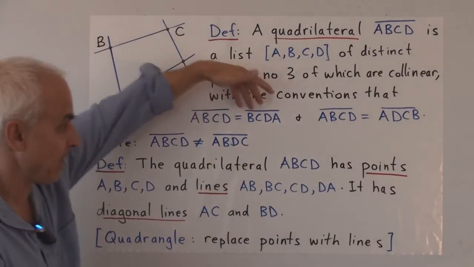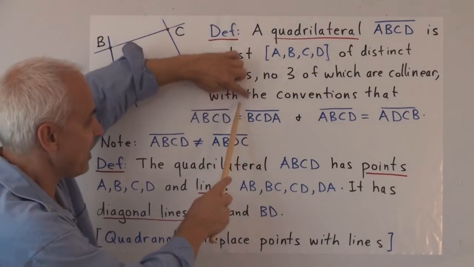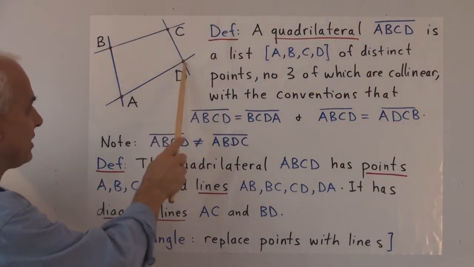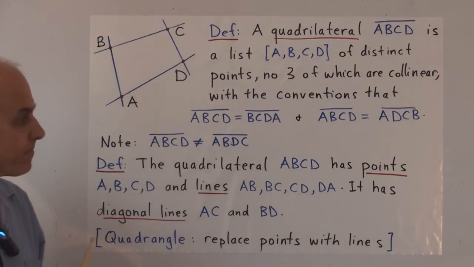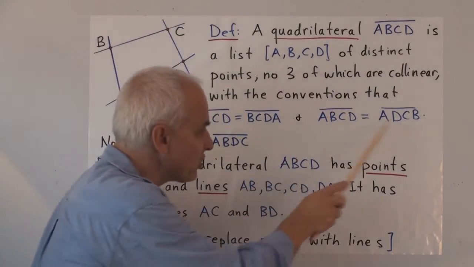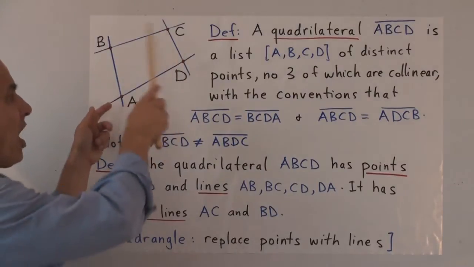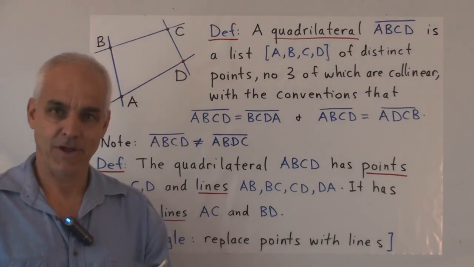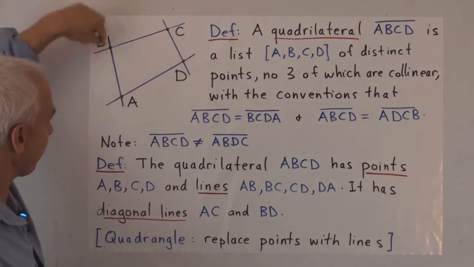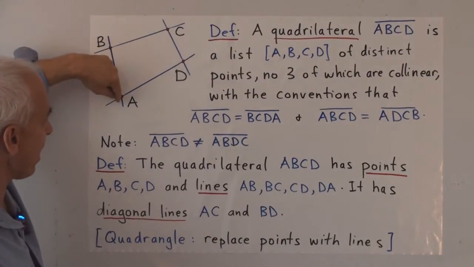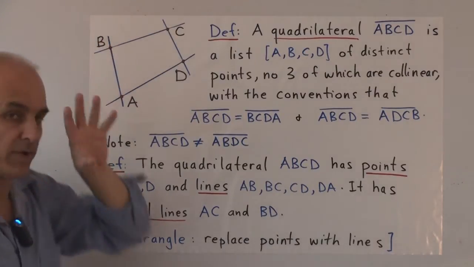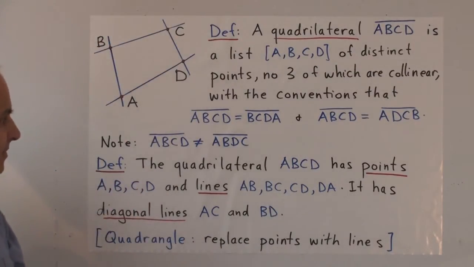And of course you're allowed to do it again, so you could rotate that B around to the other side. So the same quadrilateral would be CDAB. Now what's the meaning of this convention? It means that you're allowed to go in the opposite order and you have the same quadrilateral. So not only are we allowed to start anywhere we want to, but we're also allowed to go in either direction, this way or this way, when we're listing those four points.